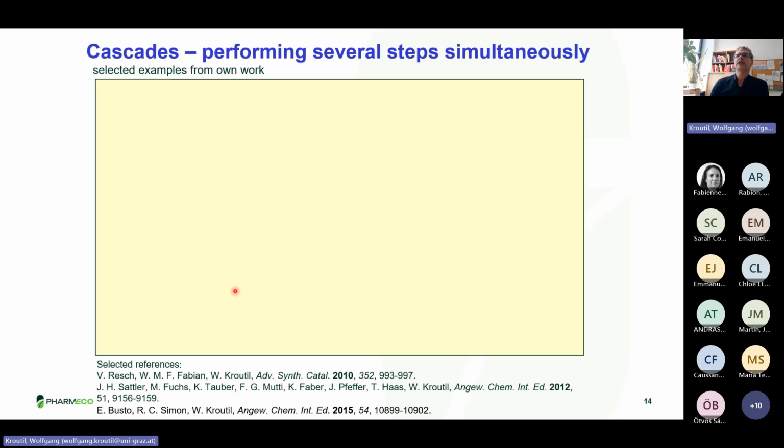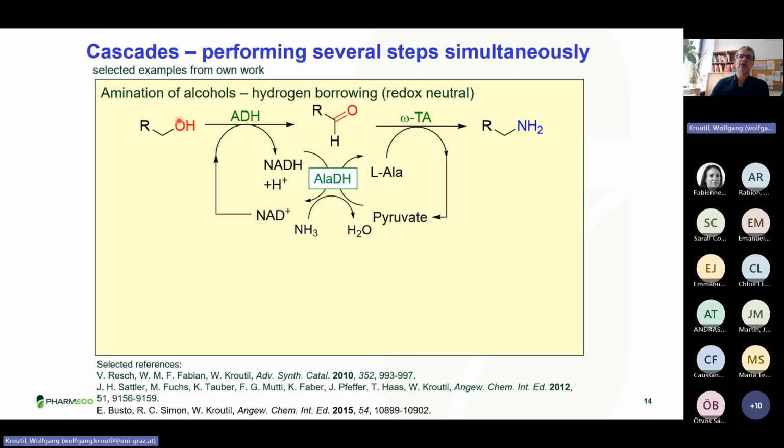I mentioned cascades in my introduction already, so I will just give 2 cascades here, and then later on I will talk a bit longer about one example. Well, for the amination of alcohols, various types of cascades have been shown. So in my example, we transform a primary alcohol, but we also have examples for secondary alcohols published just recently,